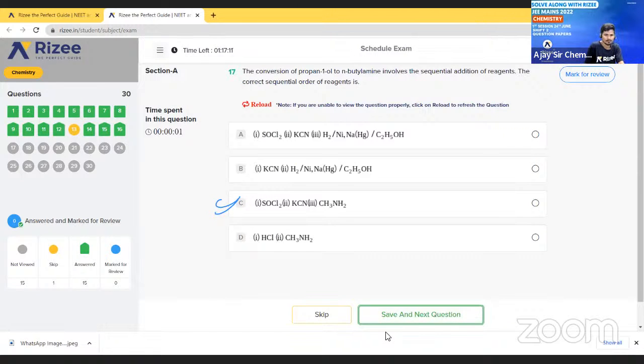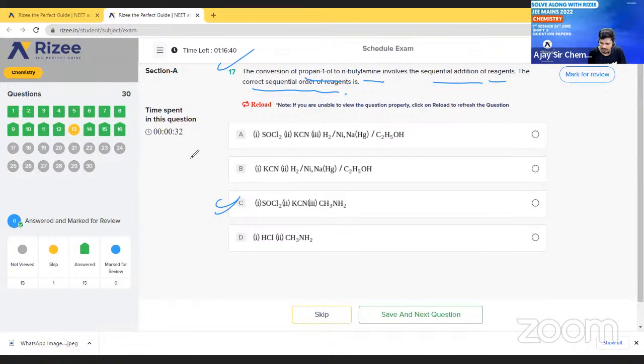Okay, so the next question is the conversion of propan-1-ol and n-butylamine, which involves the sequential addition of reagents. We have to write the correct sequential order. I think I am not consuming more time, so I will directly explain the answer only. If you know the answer, you just give me the answer. See here,